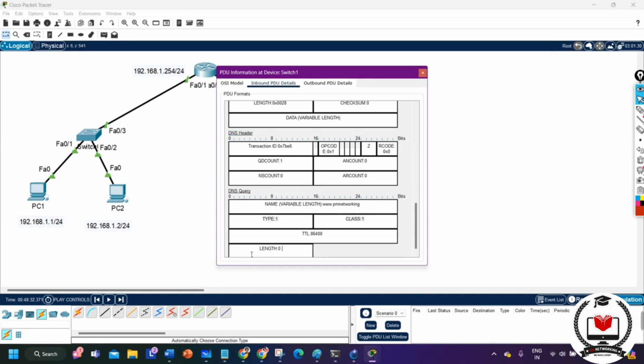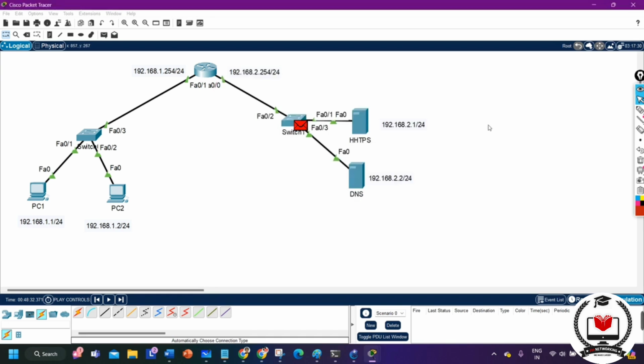So you don't need to learn the coding of these applications, like how DNS has been designed, what information the DNS protocol is going to send in a DNS request message or in a DNS reply message. You only need to understand the function of DNS: what is DNS, how DNS works, how you can set up DNS in your network, how you can set up multiple DNS servers in your network, and then how you can create an entry. So like my organization has one HTTP server, so I need to create one entry on this DNS